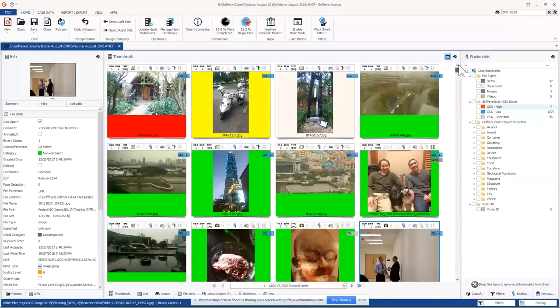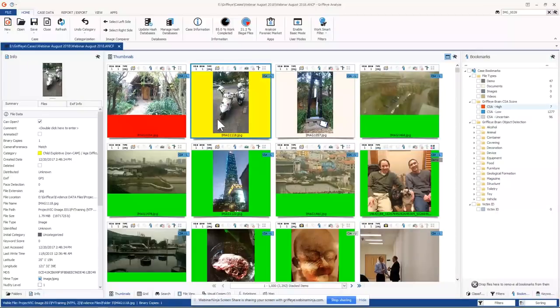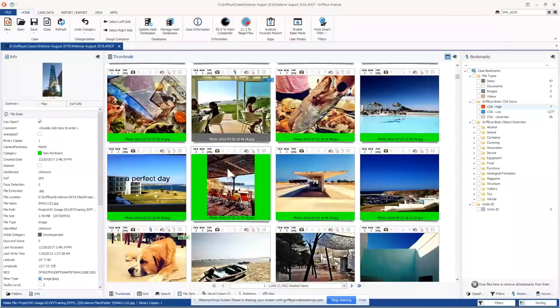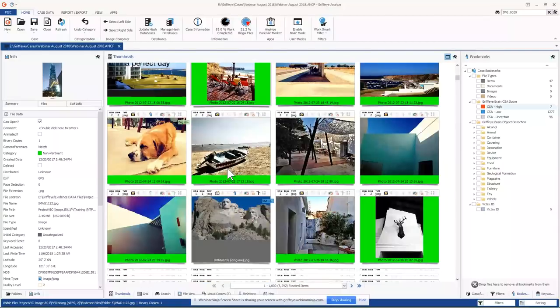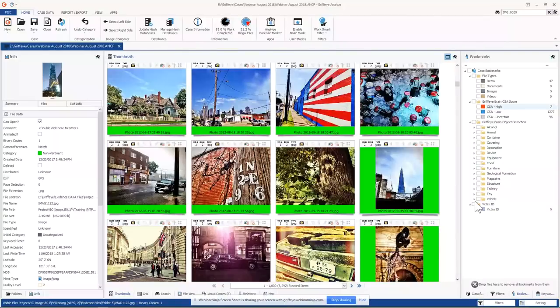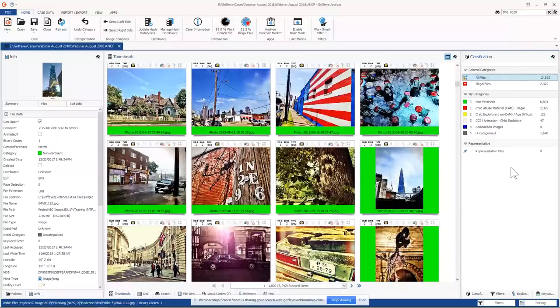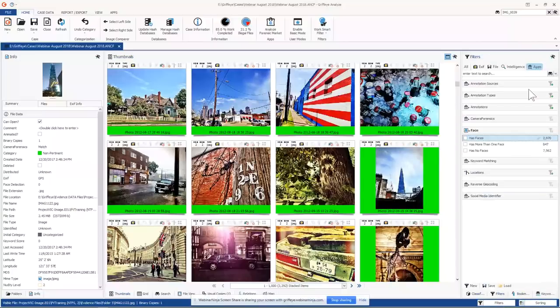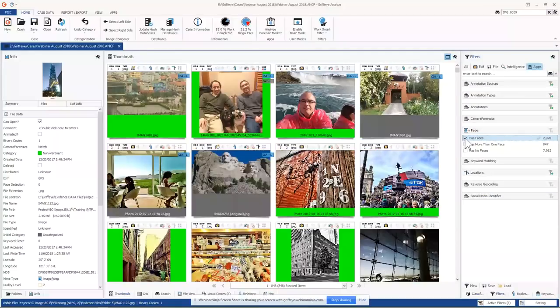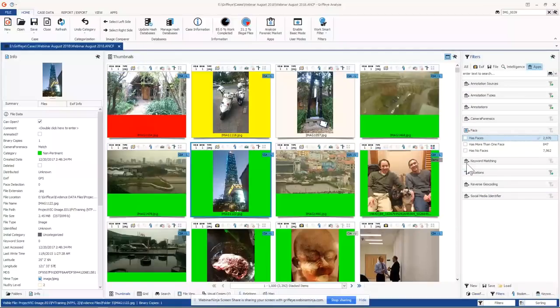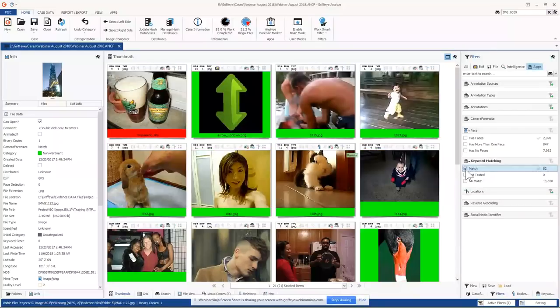Now, if you want to start working on things before it's all in, once Griffeye gets a good amount of pictures and videos, it starts throwing them up into the thumbnail view for you, so that you don't have to wait until everything is done processing. So all those apps that are run, that's done after Griffeye does all the heavy lifting. And some of those apps that I'll go through real quick, go to bookmarks, apps. So like we talked about, we can filter down to faces. If we have a keyword, we can check our keyword matches. Just show me the files that match whatever my keyword library is.